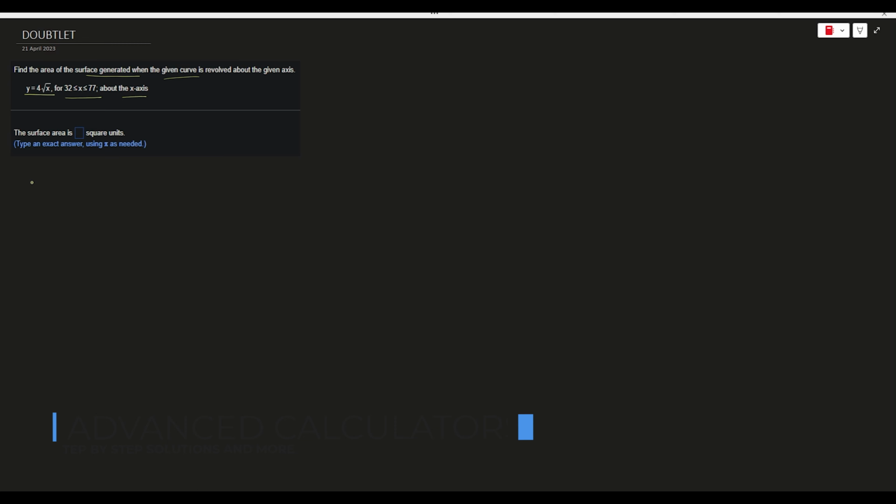So first of all we will write the given curve, that is y is equal to 4 under root x. And the range for x is given, that is 32 is less than or equal to x less than or equal to 77. And the axis of revolution is the x axis. So if we draw the graph of this, suppose this is the x axis, this is the y axis,